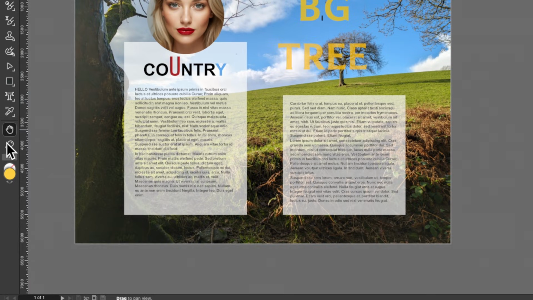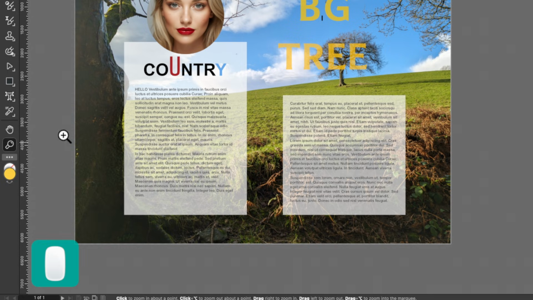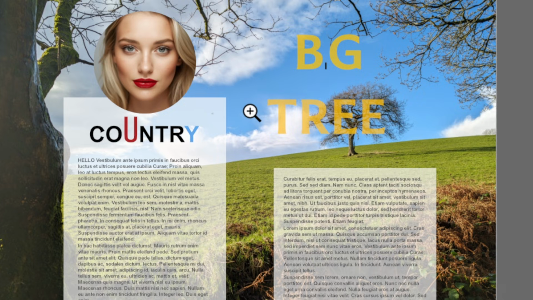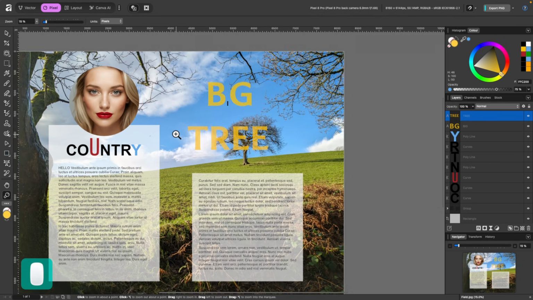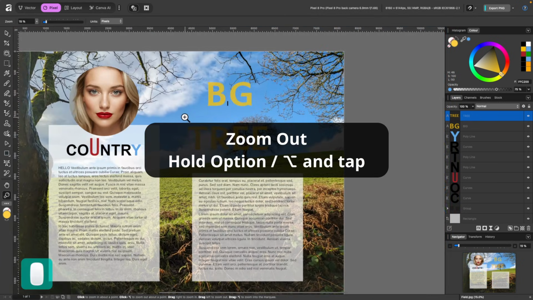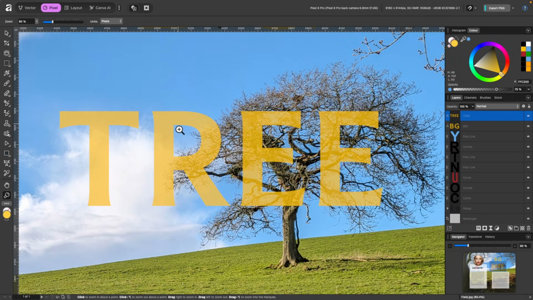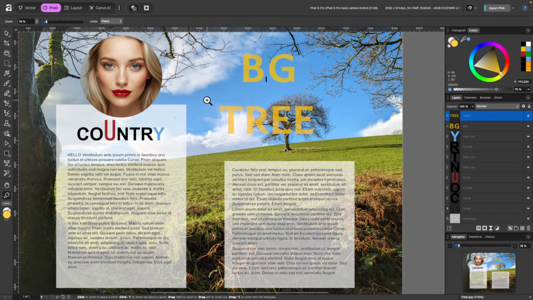And the next one is the zoom tool. And you can see it shows in the tooltip there are a bunch of shortcuts you can use with this. But the basics of it are you get this little magnifying glass, and when you tap once it zooms in, and you can keep tapping and it will keep zooming in. And if I just zoom out again, I can also hold down the Option or Alt key, and I can use a marquee to just zoom in around the tree, let go, and it just fills my frame with what I wanted to see.